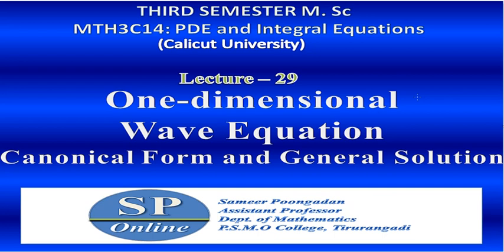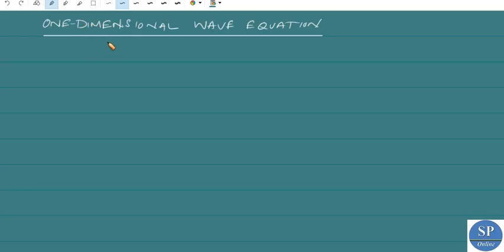Today we are going to discuss the canonical form and general solution of the one-dimensional wave equation. The one-dimensional homogeneous wave equation has the form u_tt equal to, or u_tt minus c squared u_xx equal to 0, for minus infinity less than or equal to a less than x less than b less than or equal to infinity, and t is greater than 0,